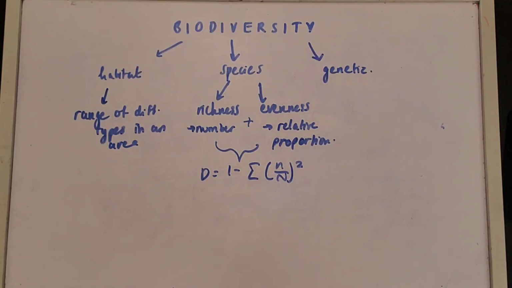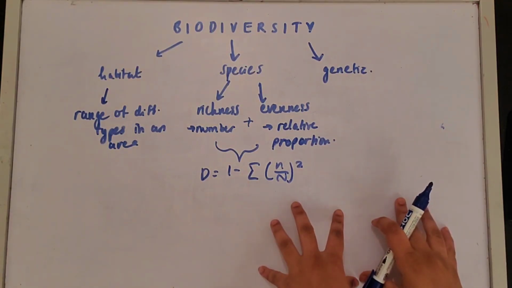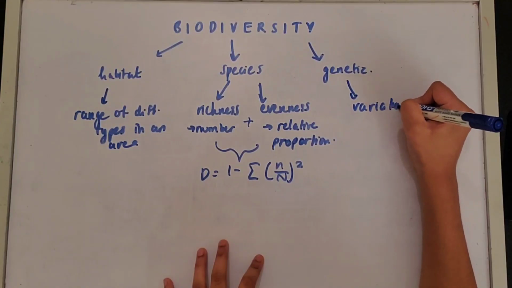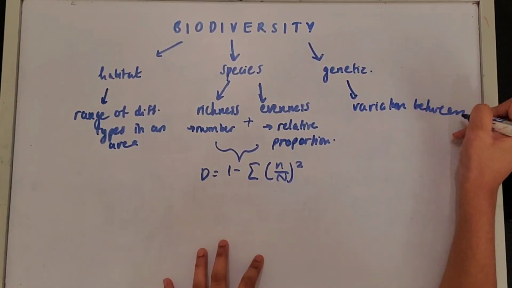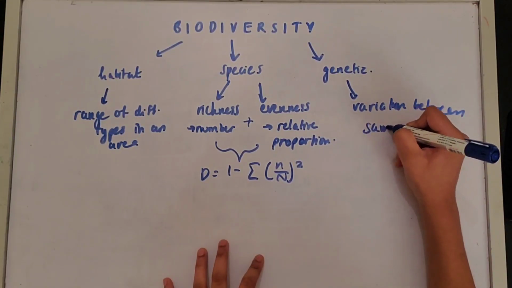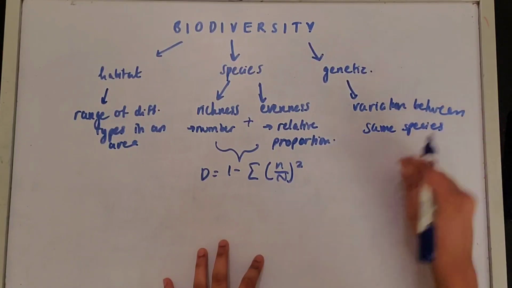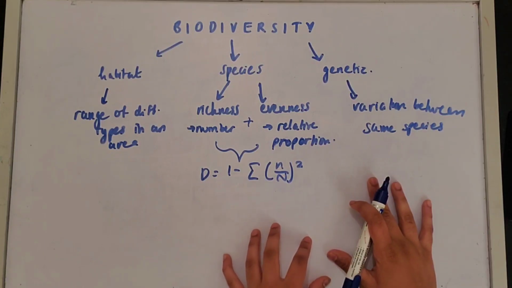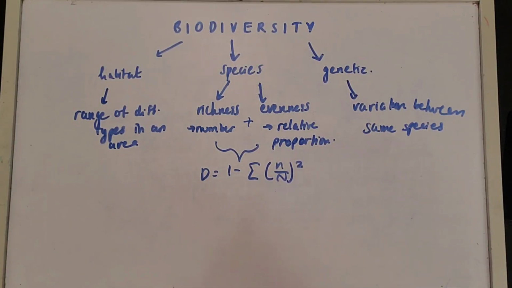The genetic biodiversity refers to variation between individuals of the same species. Now, you can measure this using the percentage of polymorphic gene loci, and the higher the percentage, the population can be considered to be less susceptible to disease. For example, within this population, the advantageous allele is likely to be present,